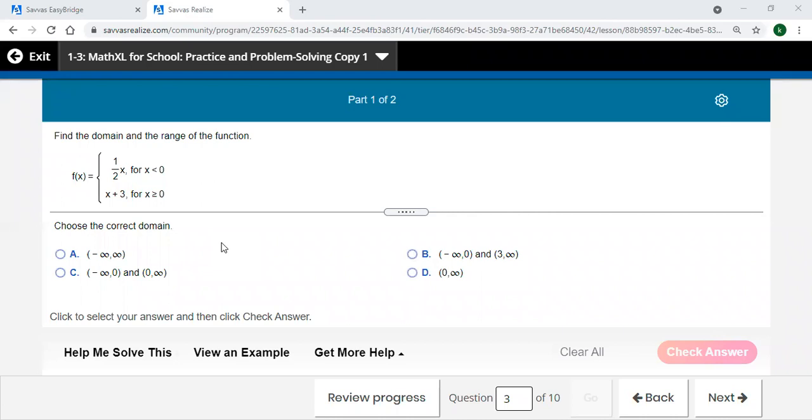All right, so still lesson 1-3. Lesson 1-3 here. And we have two parts to this question. So after we get the first one done, we'll have something else they want us to answer. And let's see, let's take a look here. Domain and range again. So if we're talking about the domain and range, so choose the correct domain for this